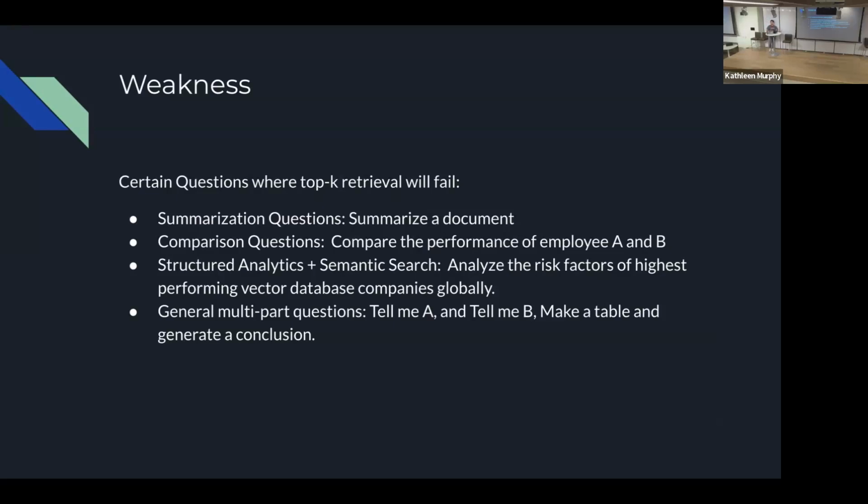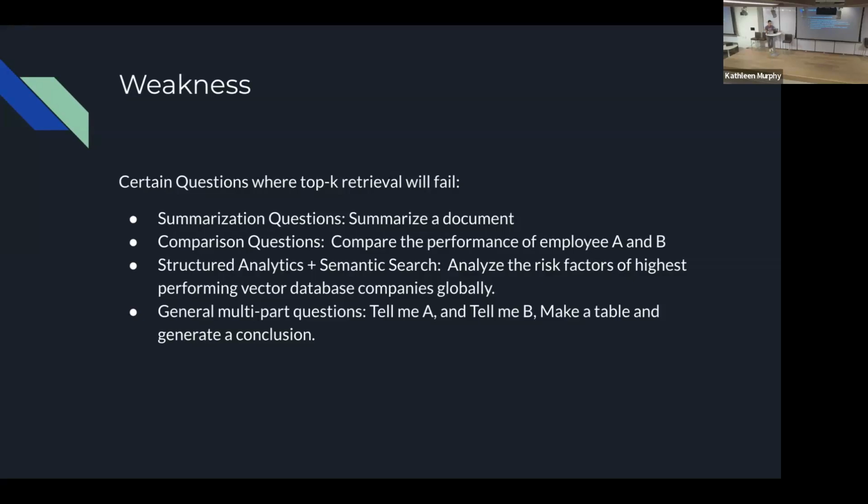For example, we feed the information into the system and ask the RAG to compare the performance of employee A and employee B. It couldn't. Another thing it may fail at is structured analytics and semantic search. For example, we ask the RAG to analyze the risk factors of the highest performing vector database companies in the world. It may not work, or it cannot give you very good results.